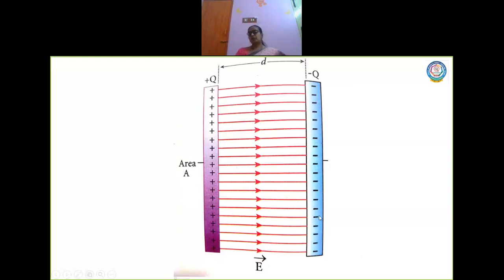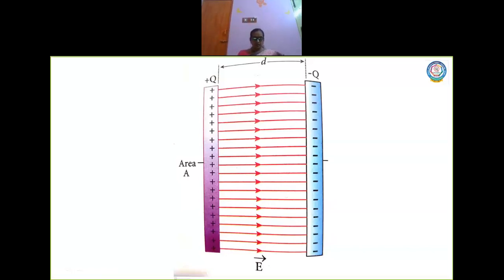Okay, now I wanted you to recall Gauss's law's third application, where we talk about the electric field between two charged plates. You remember the topic where we considered three different points. We considered one point in the center, one point outside the plates, and the other point on this side, and we found out that the electric field at a point outside the plates was zero, and we found out the electric field between the plates. You recall the third application, this topic is based on that.